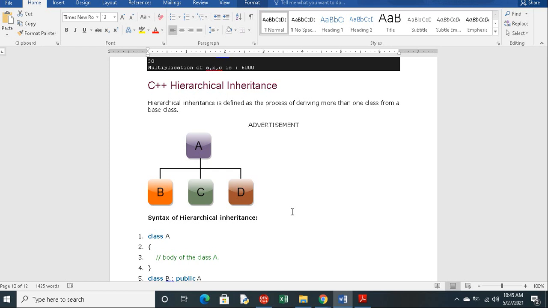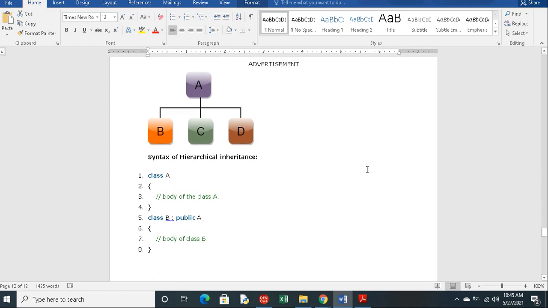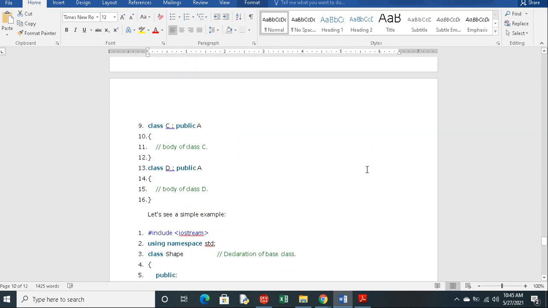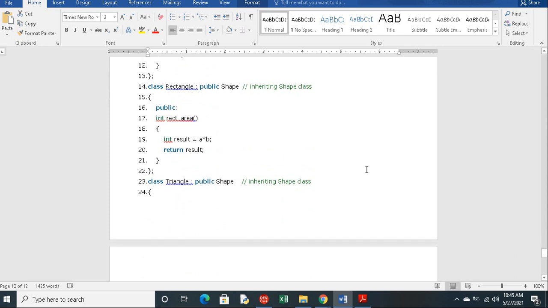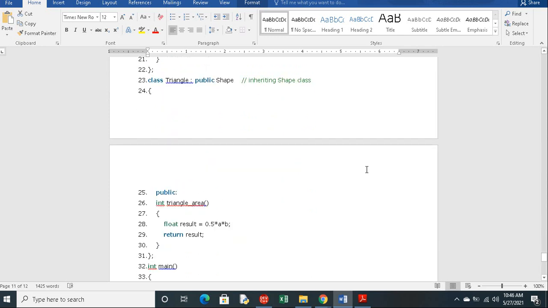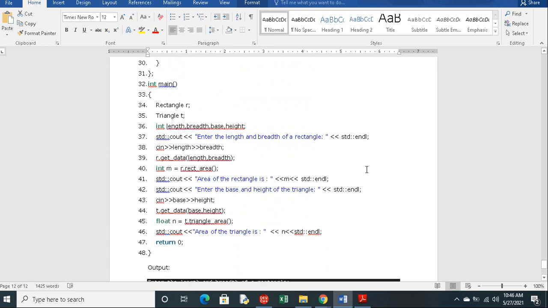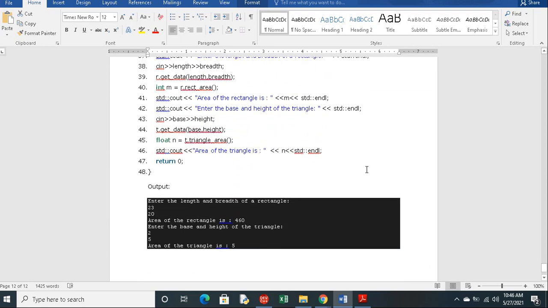The last one is hybrid. It can be any combination of previous inheritances. So these are the different types of inheritances we have in C++. If you remember the diagrams, then you can write the program easily. In which way you want to access it, in which way you can derive the classes, everything is easy when you have the proper diagrams with you.